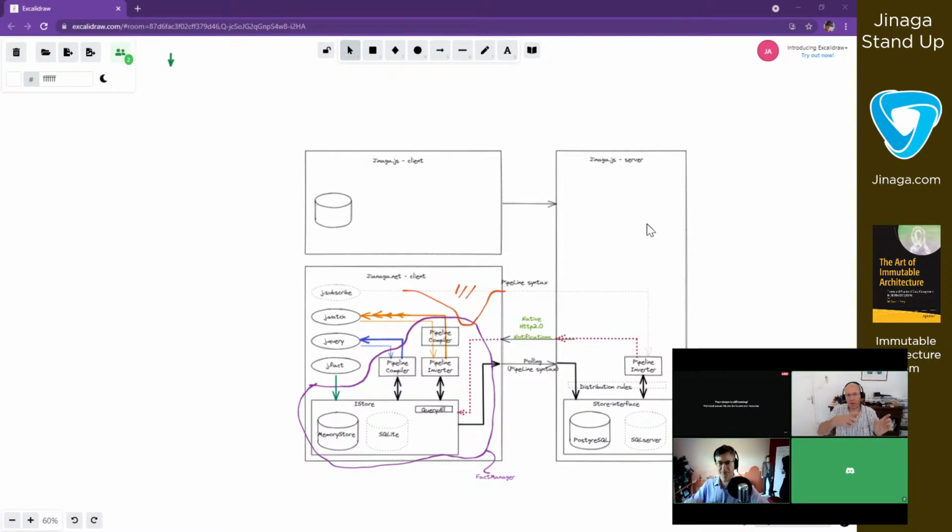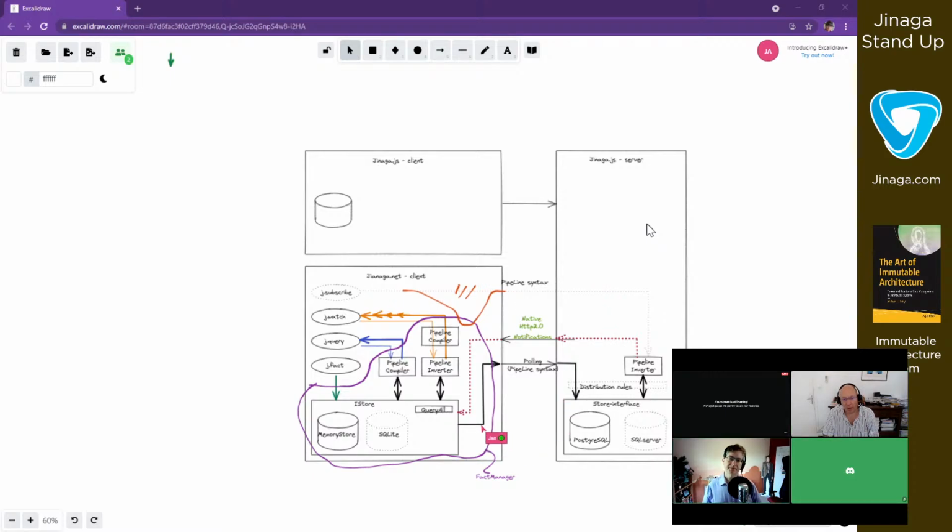The distribution rule is configured on the server. Yeah, the distribution rule is a pipeline itself that is sent to the server by I don't know which authority, and that will be merged with the pipeline that comes from the subscribe.